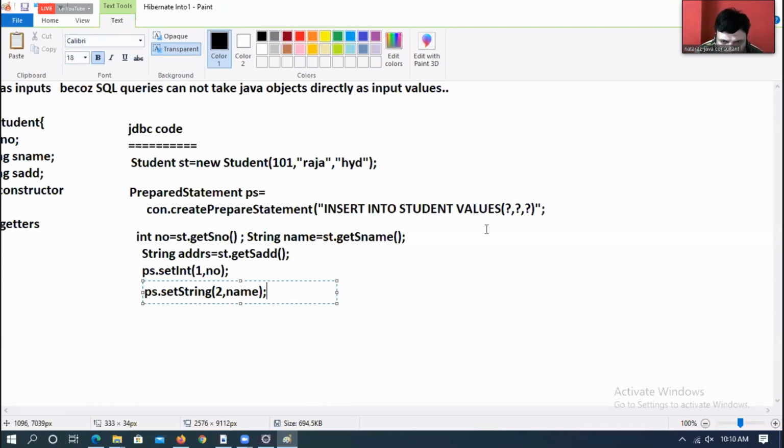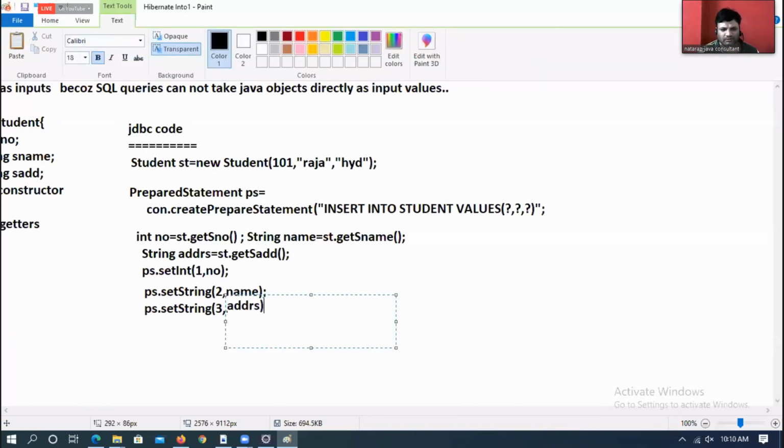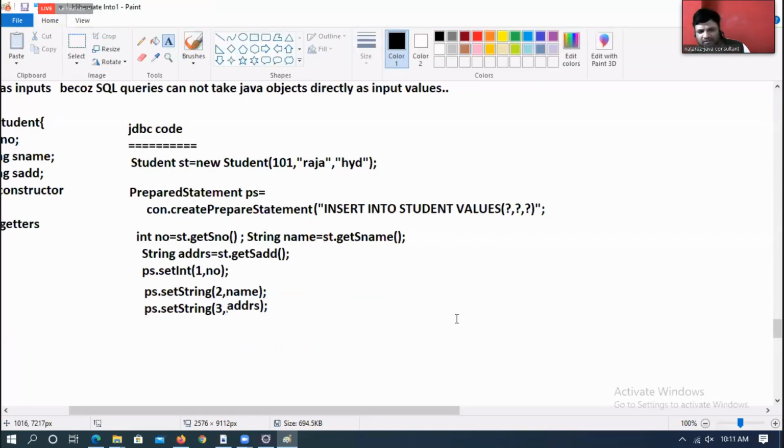This will go to the second question mark. ps.setString 3 comma address. This will go to the third question mark. You are right, 3 comma address. What's happening, boss? I am converting them into simple values.